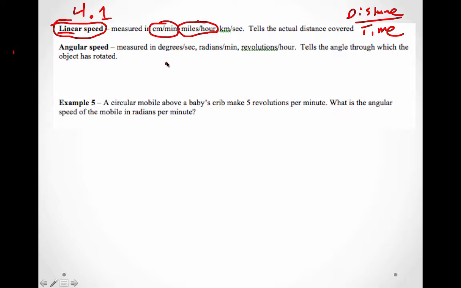Angular speed is going to be measured in degrees per second, radians per second, revolutions per hour. Tells the angle at which the object has been rotated. So it's going to be how fast are you traveling around something, and that might be how many degrees you're traveling, or how fast you're traveling around a circle, and of course that could be in degrees or in radians. The thing about revolutions is you got to remember 360 degrees are equal to 2 pi radians,